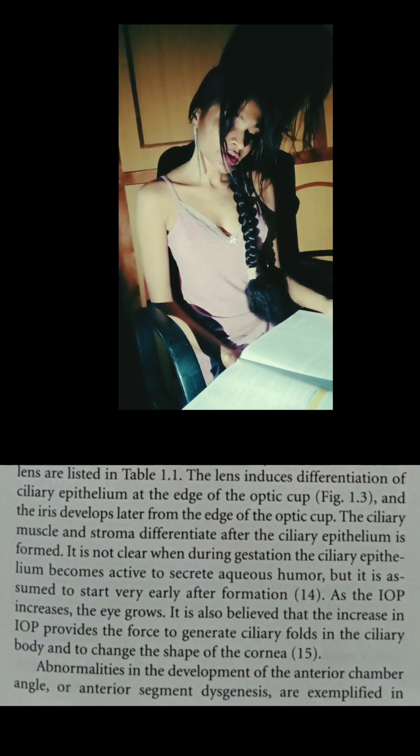It is not clear when during gestation the ciliary epithelium becomes active to secrete aqueous humor, but it is assumed to start very early after formation. As the IOP increases, the eye grows. It is also believed that the increase in IOP provides the force to generate ciliary folds in the ciliary body and to change the shape of the cornea. Abnormalities in the development of the anterior chamber angle and anterior segment dysgenesis are